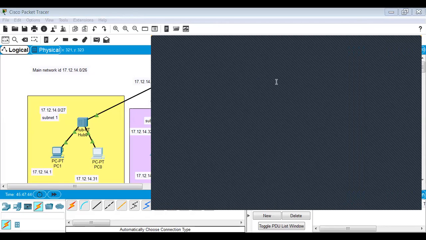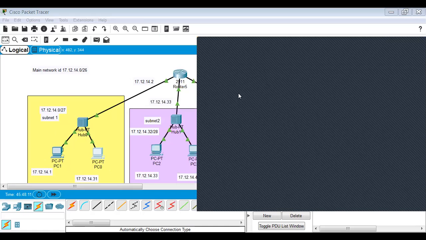224 is the mask, so it is correct. For this address, it's not accepting. That is because this is the last address, and 31 is the broadcast address. The first address is considered as a network ID and the last address is considered as a broadcast ID for this subnetwork. So two addresses we cannot use. The other remaining addresses can be given as the IP address for the host ID. Now the gateway has to be given.